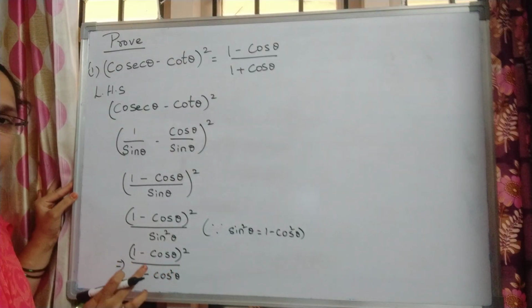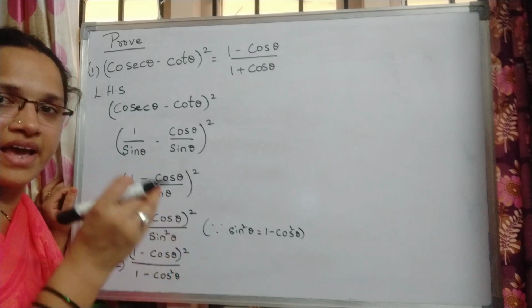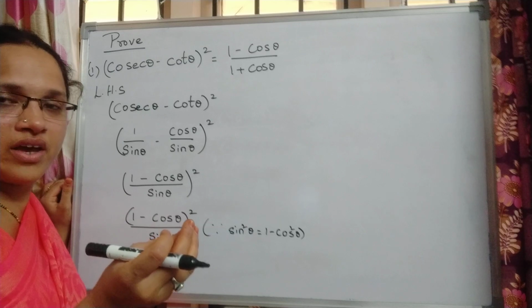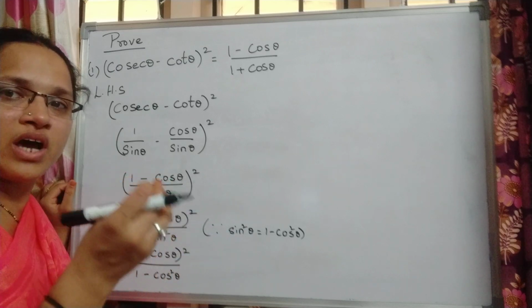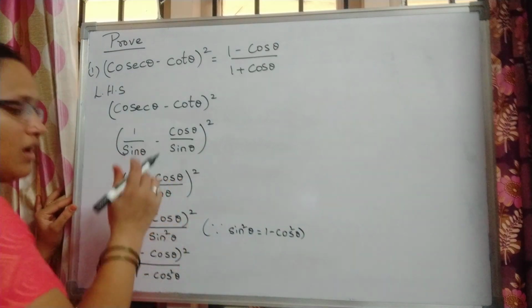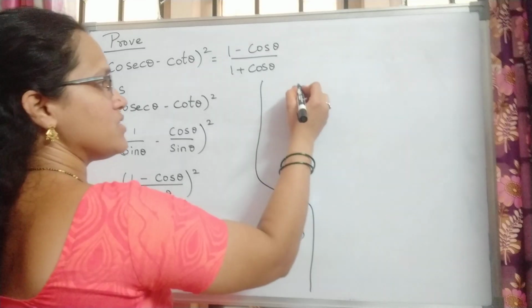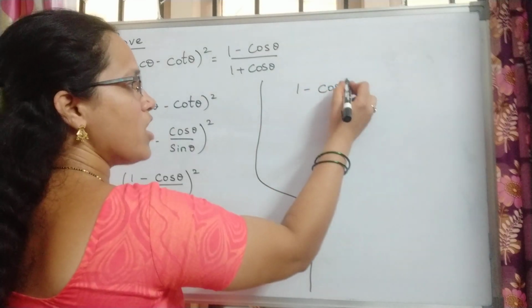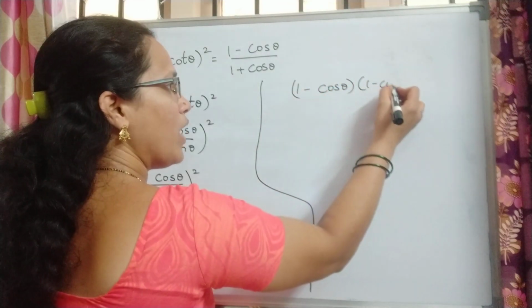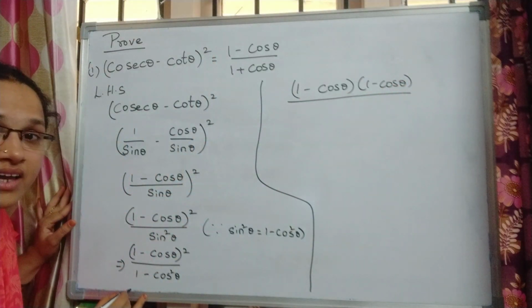See, what do you mean by x square? That means if anywhere you have x square, it means x times x. Yes or no? 2 square means 2 times 2, another 2 means multiplied with the same number. In a similar manner, I am going to write this one as 1 minus cos theta into 1 minus cos theta by, now this one I can write